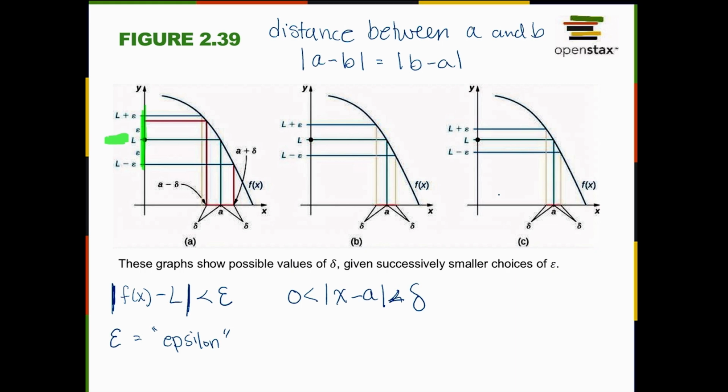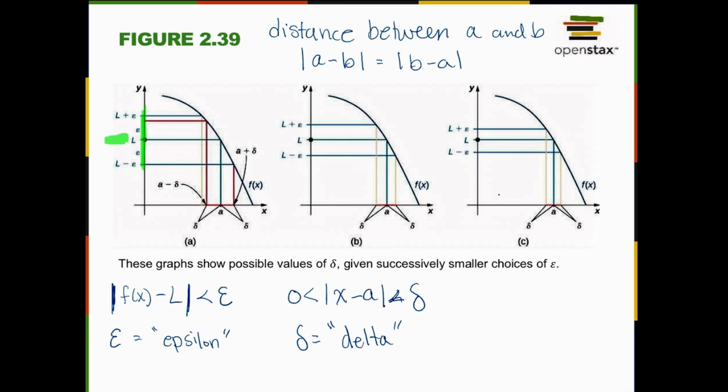We want it to be positive, so it's greater than 0, but we want it to be less than this symbol, which we call delta, which is another way of saying a small number that we're using for comparison, but when we use delta, we're talking about the x values. When we talk about the y values and we're looking at small distances, we use the epsilon, which is that